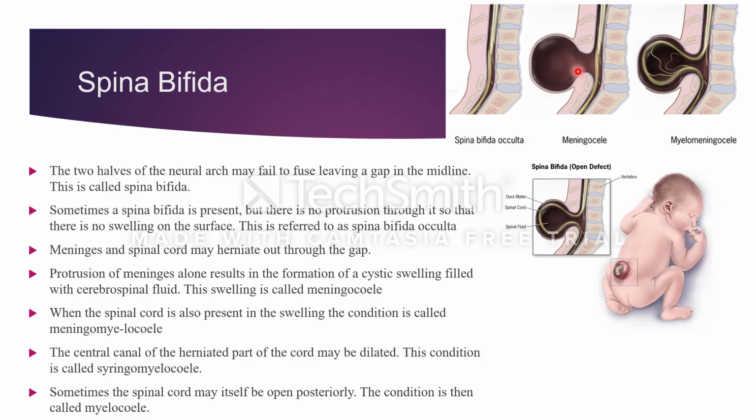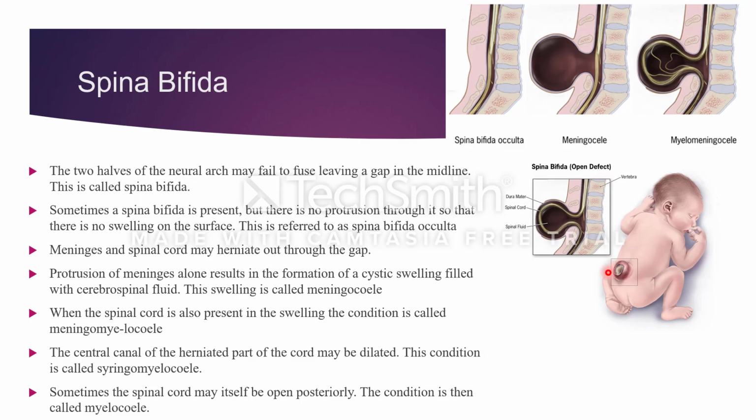But sometimes, along with the dura mater, the pia mater and the CSF, the spinal cord is also coming out. See here, the spinal cord is also present in this swelling, and this condition is named as myelomeningocele. Meninges are also coming out, the spinal cord is also coming out. So this is named as meningomyelocele. But sometimes the central canal of the herniated part of the cord may be